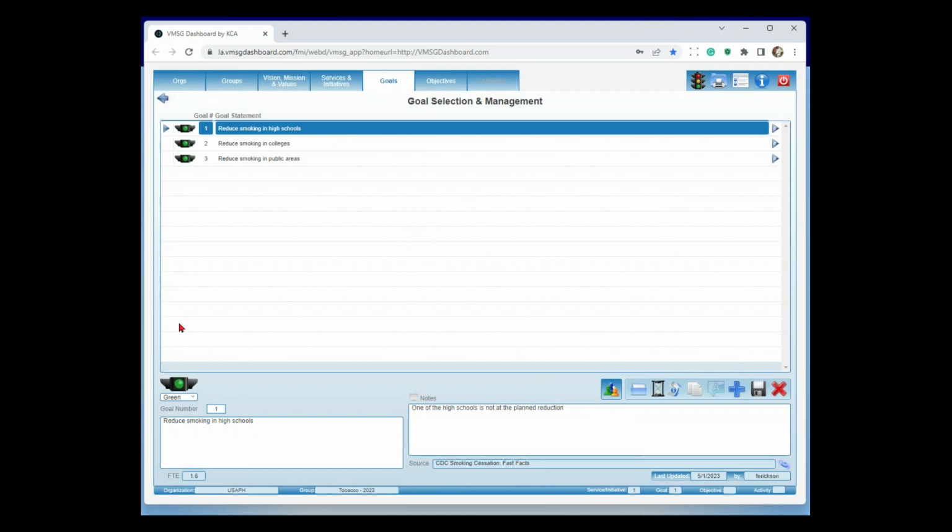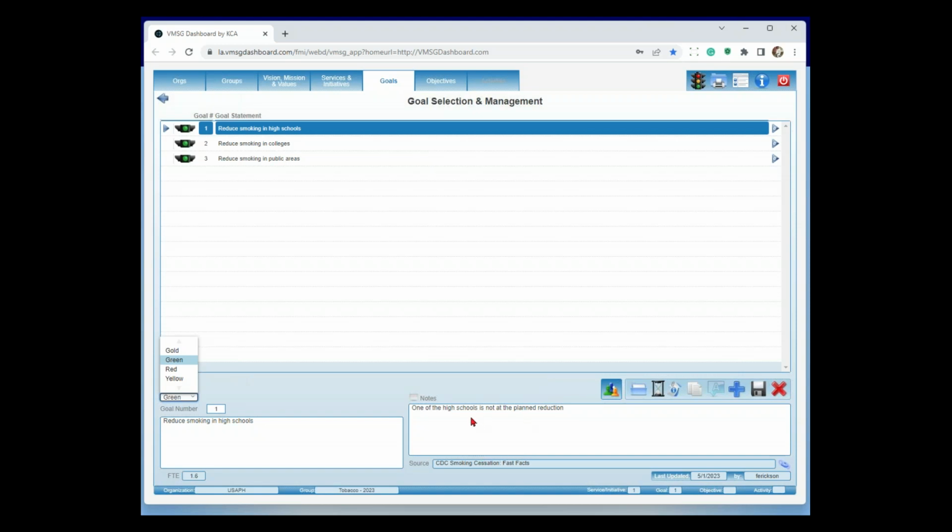The other thing we start doing at the goal level is this traffic light. The traffic light is just a simple visual status for the particular goal at this point in time. Now there's actually 4 traffic lights. Green typically just indicates things are moving along as expected. Yellow would be something potentially getting in the way. Maybe you heard that the person who's driving this program is going to be retiring in a while, so you might mark it as yellow.